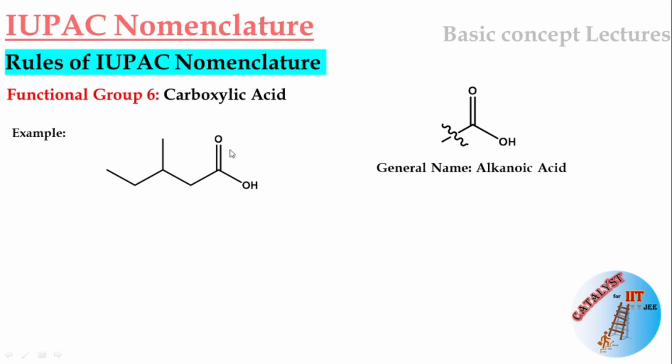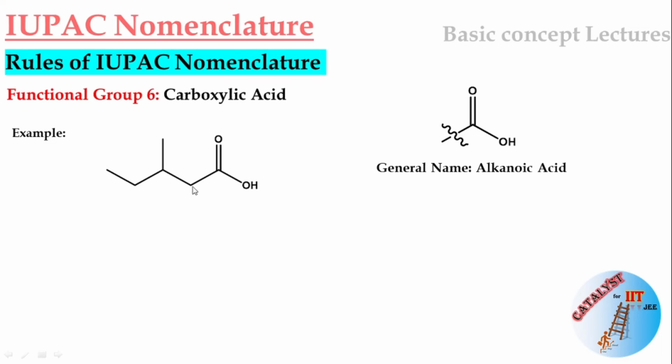So this is the first example in which the carboxylic acid functional group is present. From this general representation, it is quite clear that only one side can be filled. So that's why it is always present on the first position, and according to priority also you have to give the first position in your parent chain to the carboxylic acid. Okay, so you have to start numbering your parent chain from this side, and you have to select that parent chain which contains the maximum number of carbon atoms,